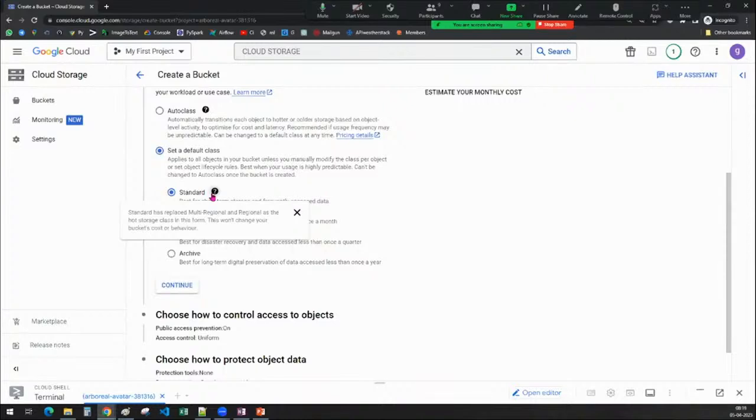And Google Cloud, GCP, is smart enough to understand how you are selecting the storage classes, and not only that, how you are using computing and resources, and how much data. Even though you create a bucket, if you don't upload anything, Google Cloud will understand that you just created a bucket and have not uploaded anything. That means you are not using any resources, so there won't be any cost. And you selected a storage class, this one, that one, but you didn't upload anything, there is no cost at all. But if you uploaded one file inside a bucket and you selected standard for 1 month, and after the second month you selected